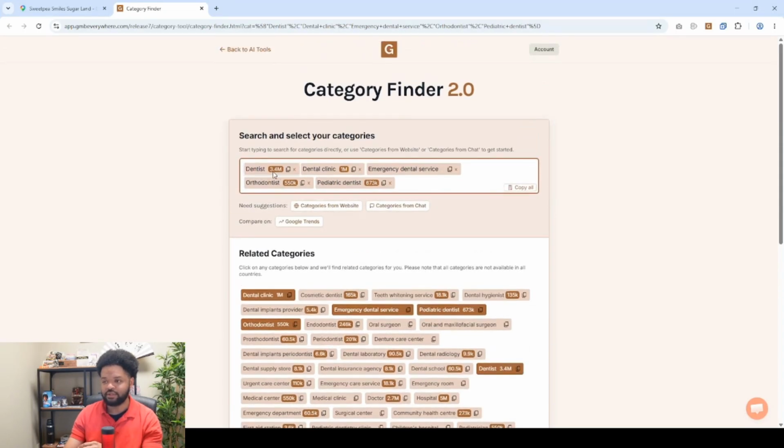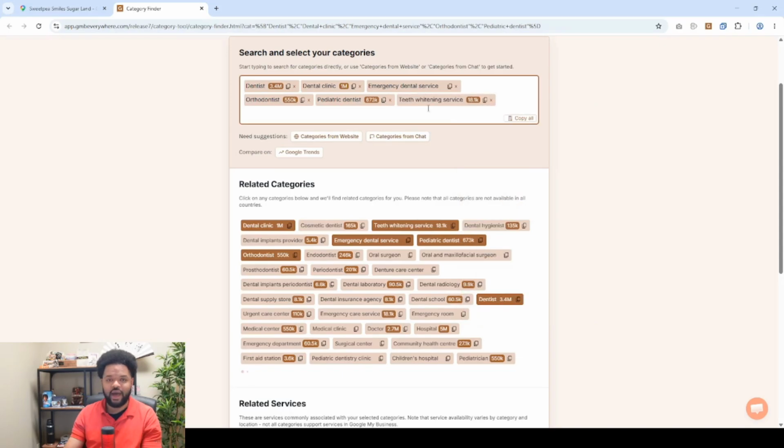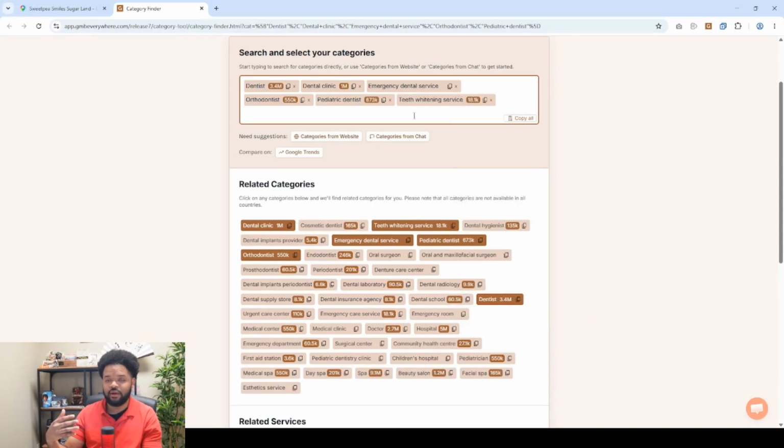What you're going to see is all of the categories that you have selected. You can also have ideas for other types of things that you offer. I would actually say, I believe they did have teeth whitening, so that's a gap, right? That's something where that category needs to be added to their Google business profile. But essentially,